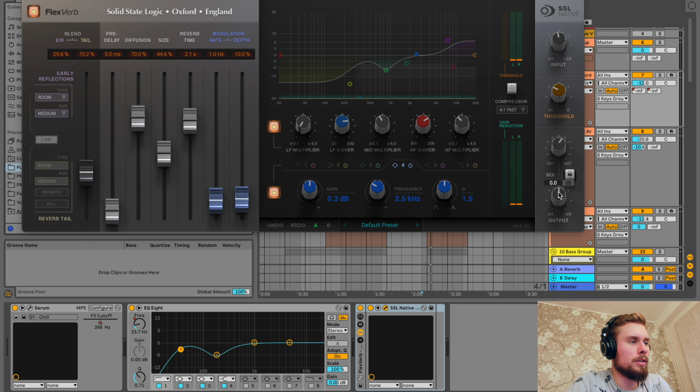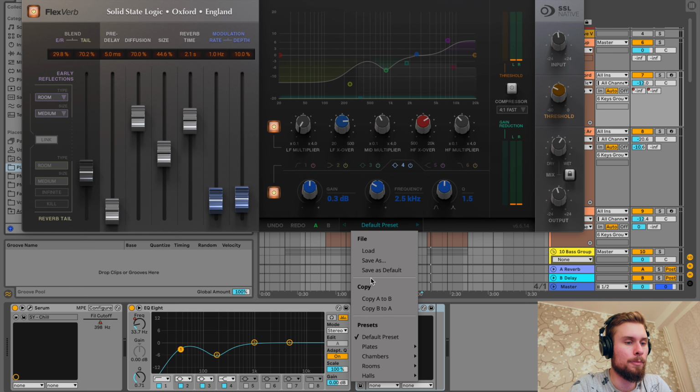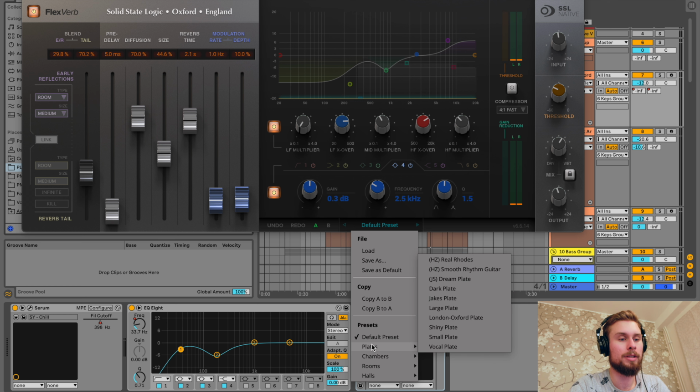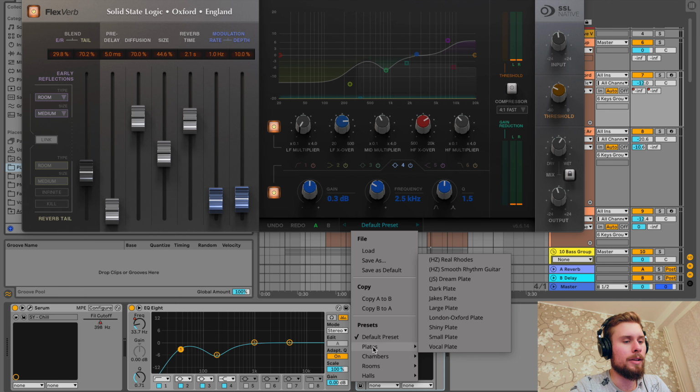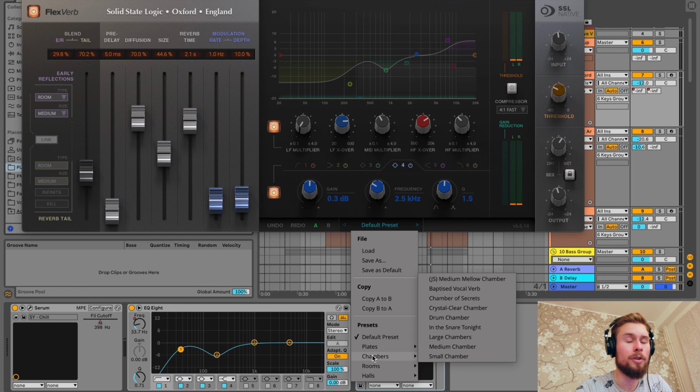It's looking fantastic. But what we also have are, of course, presets, which makes our lives very easy. So we have a bunch of different presets for all of the 4 types of reverbs that we have. We can go through a couple of these as well and see how they sound and try to find something we like. But let's now jump in to try out the Flexverb on a couple of different of these elements in our track